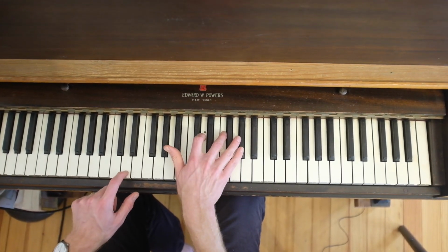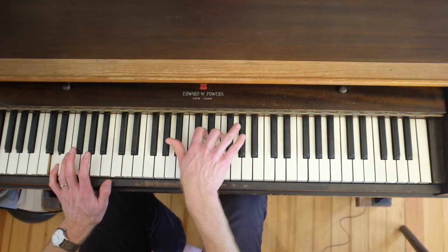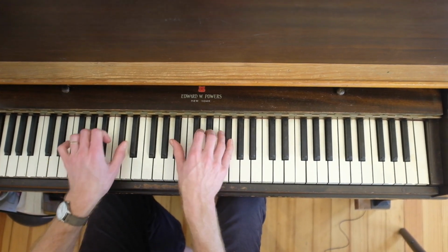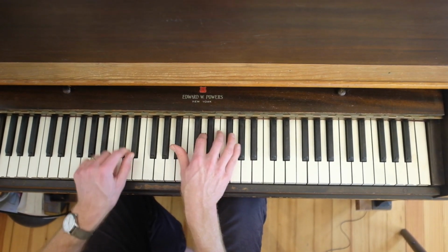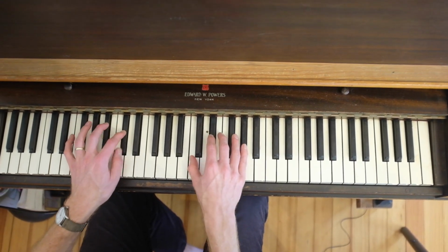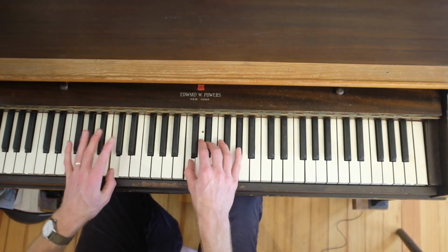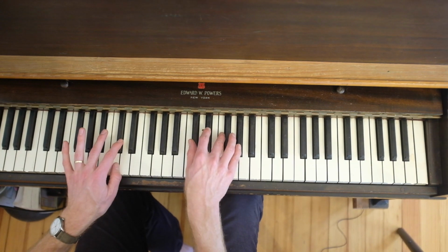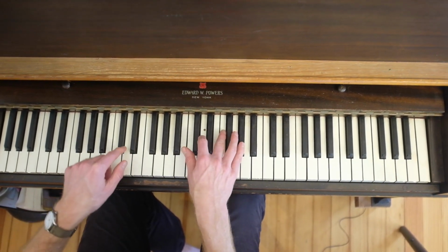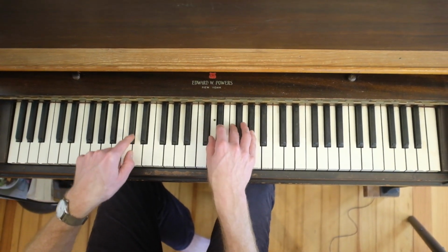You can do that fancy version. This, and then B flat, and then low D, and then A flat. Which goes to E flat minor. And then sometimes there's that little passing note on the way back to the A flat over C. And then when it goes to the D flat, then A flat, E flat,